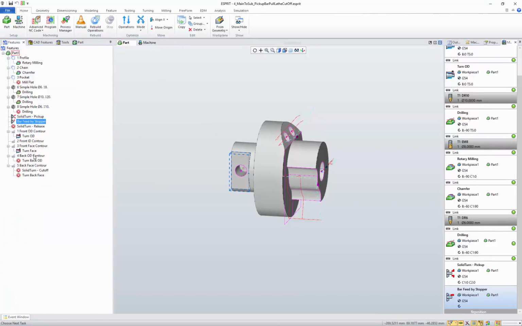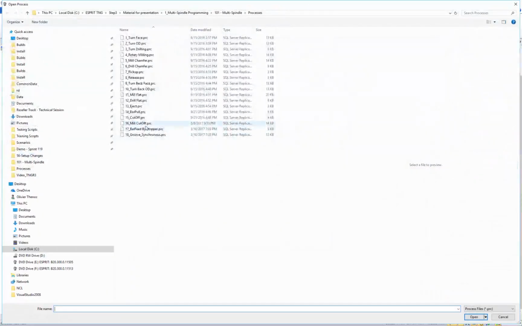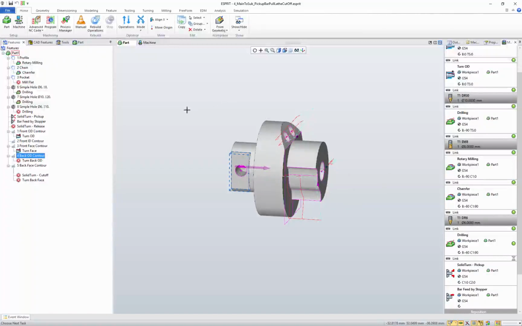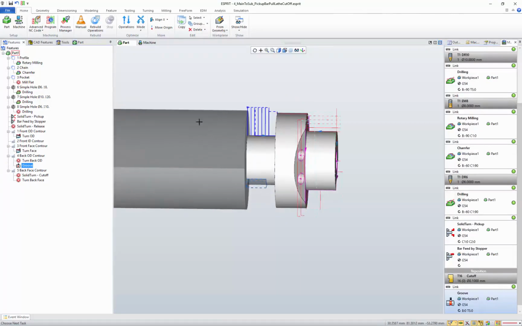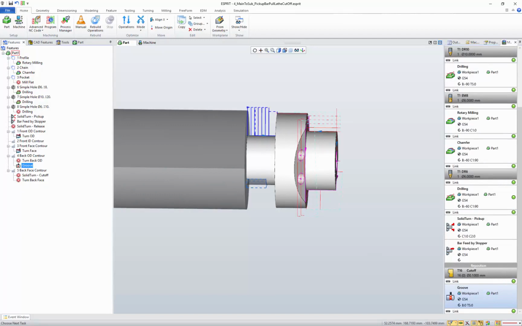So for this, I will select the back OD contour and load a process for a grooving operation. Okay, toolpath is created. So cut in the main spindle because the transfer hasn't happened yet.